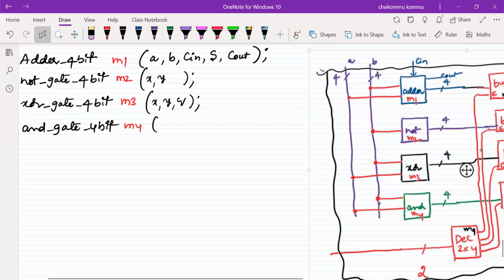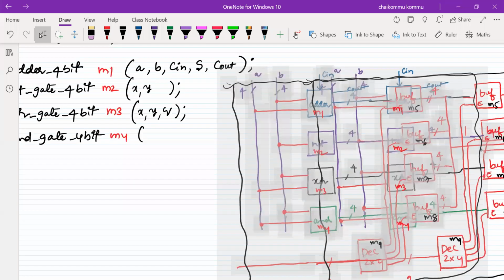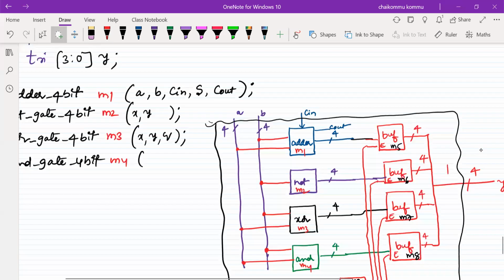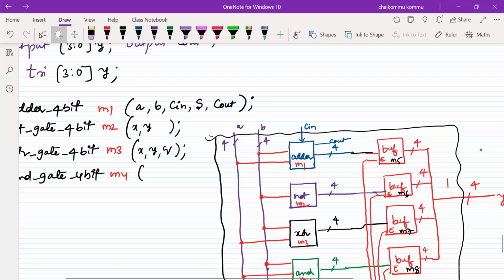Okay, just carefully understand this point. The adder has A input, B input, and the carry input, CN. What is the sum signal? I have not mentioned anything about the sum here, so for simplicity I'll write S only. The ports cannot be removed. C out is also an output.